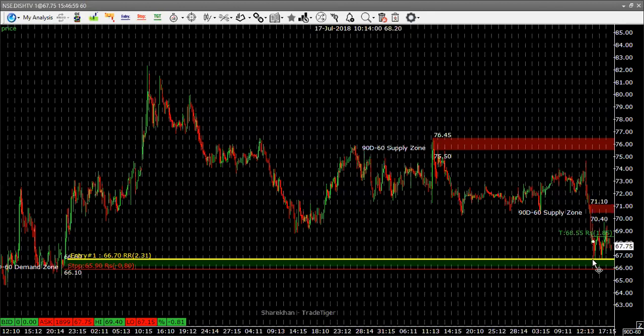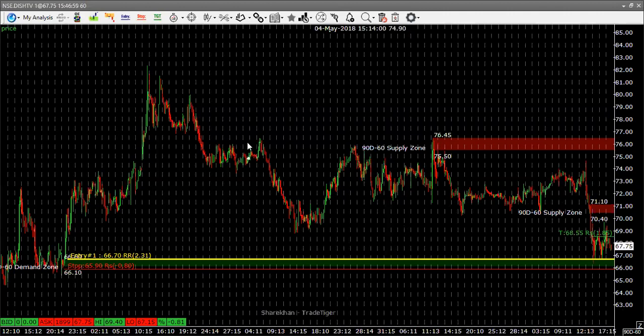So it's not that a demand zone is only valid for the day, or only valid for a week. Even 3 months after I plan the trade, if the price comes back into my area of demand, those demand zones can still work. Now, I have used here a 60-minute chart for planning this swing trade. And usually I'll identify my zones in a 60-minute chart for my swing trades.